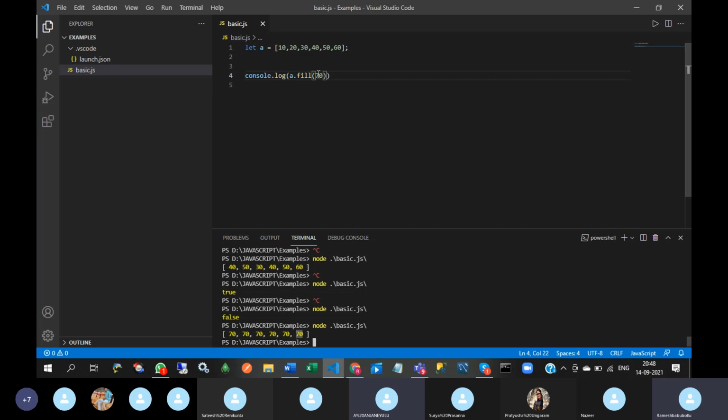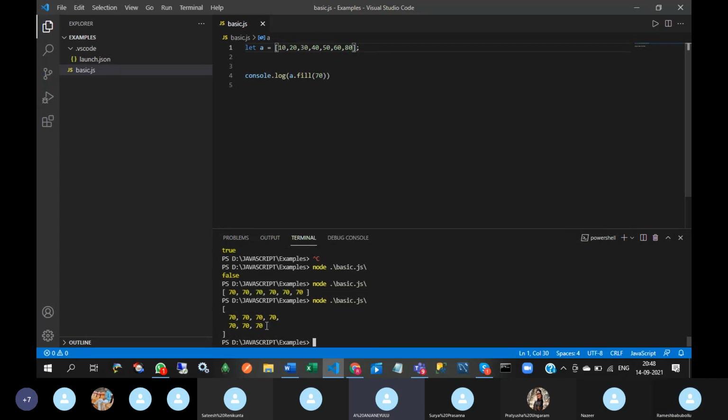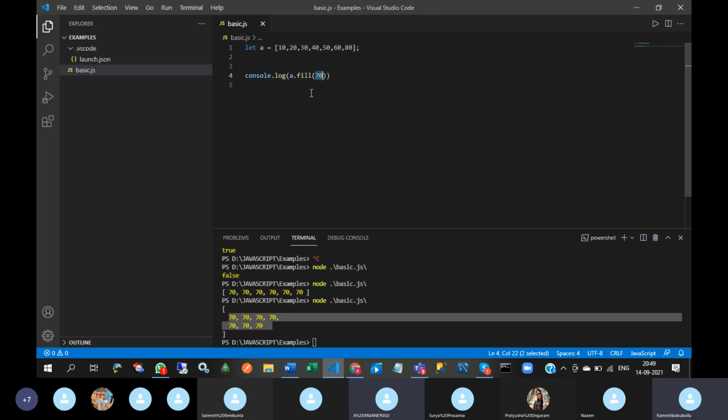Whenever we give this value, that will replace the existing elements' values. Okay? 70. So if I write here 80, then here it was 6 elements. So 6 elements are replaced by 70. And here 7 elements are replaced by 70. That is fill.